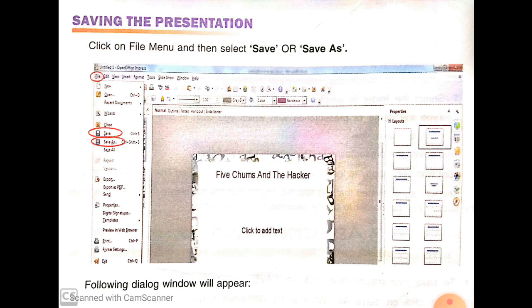For saving the presentation, click on the File menu and then select Save or Save As option.